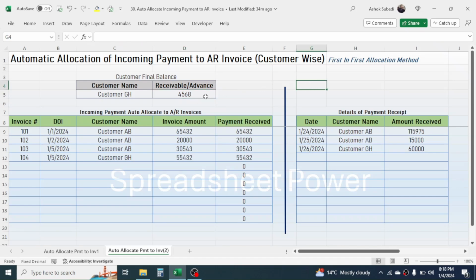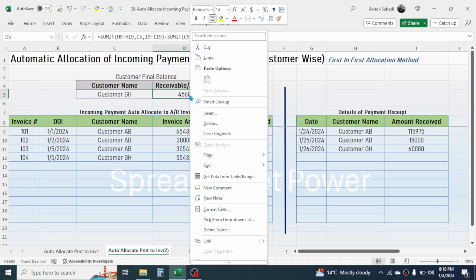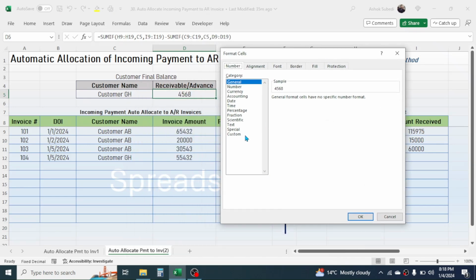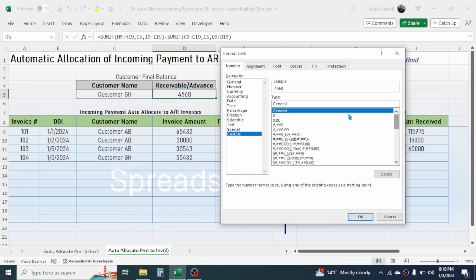Now we need to display the receivable amount in red color and the advance amount in blue color, with the advance and receivable attached with the numbers. For that we have to use custom cell formatting. So for that, right click on the cell, then go to the format cell option, and here we have to go to the custom option, and here we have to create a formatting. So remove the general from here,